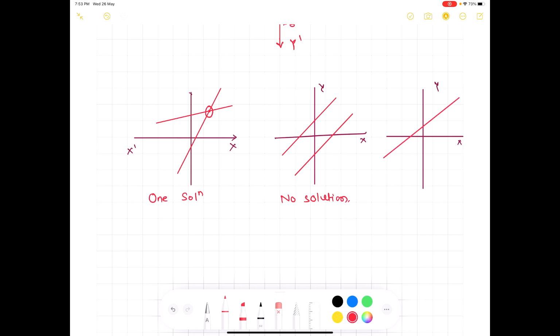Now if there is only one straight line for both the equations, then there will be infinite solutions. There will be infinite solutions, and the system of equations is called a consistent system of linear equations, and the equations are dependent. That is, any solution of any one equation must also be the solution of the other, because all the solutions are on the single straight line.